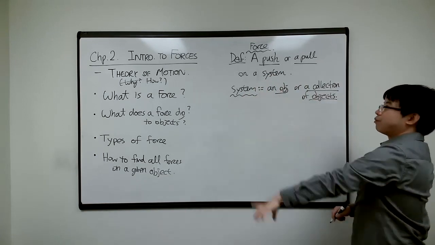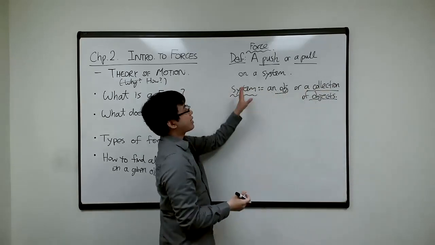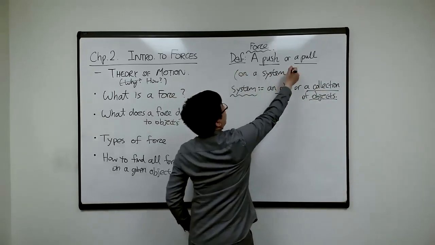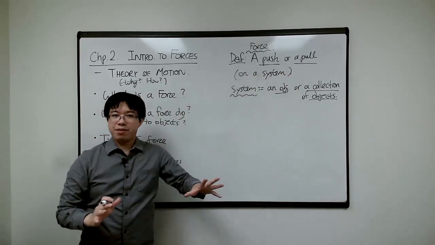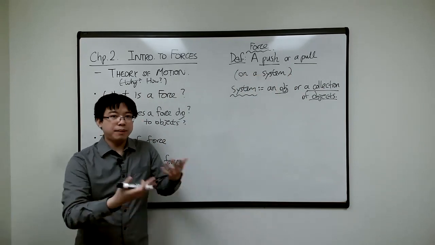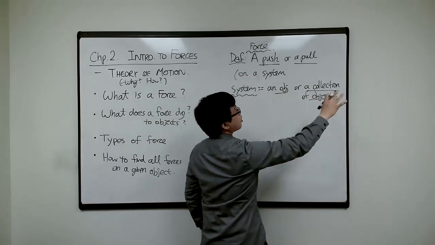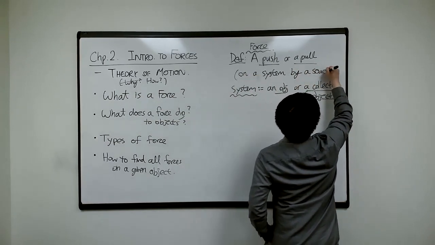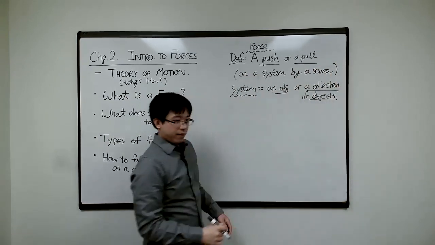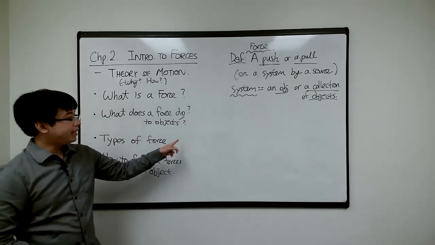Now let's clarify what that means, right? So this is just to be really formal, right? That's why it's a fine print on a system. So every time you talk about a force, it has to be on something. And it also has to be by something. All right. On a system, maybe I should clarify. Sometimes the books don't write this, but I'll clarify this by a source. Okay. So for example, if I'm pushing against the board like this, the source is me, the system is the